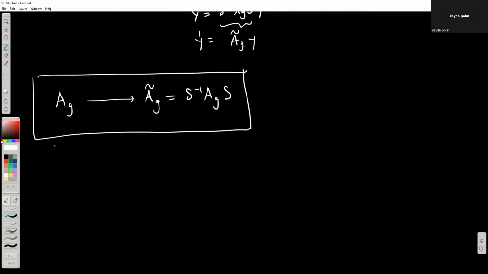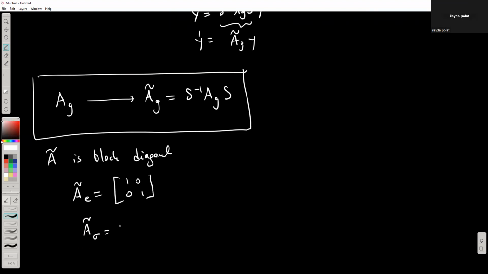Now the idea here is that A tilde is block diagonal. A tilde of identity is still identity, obviously, but A tilde of sigma is basically block diagonal. Along the y1 direction, the y1 coordinate does not change, and along the y2 direction,